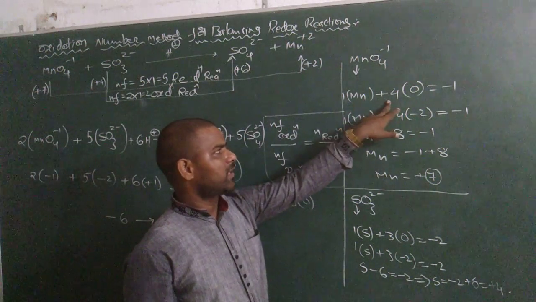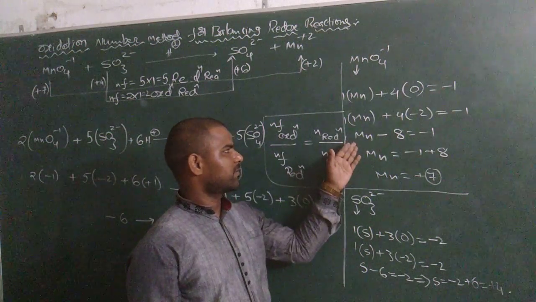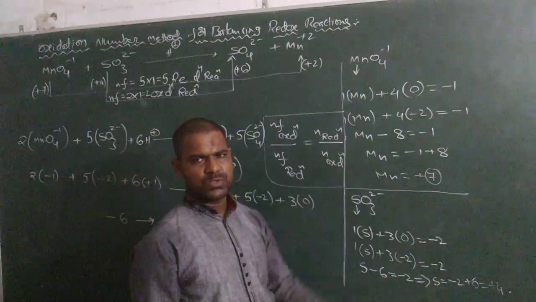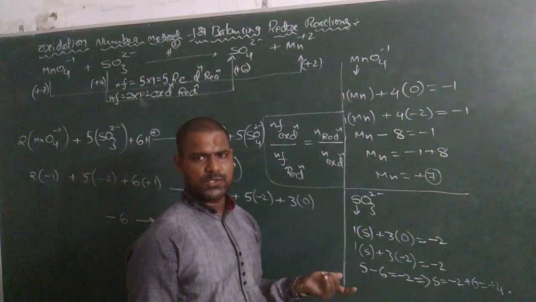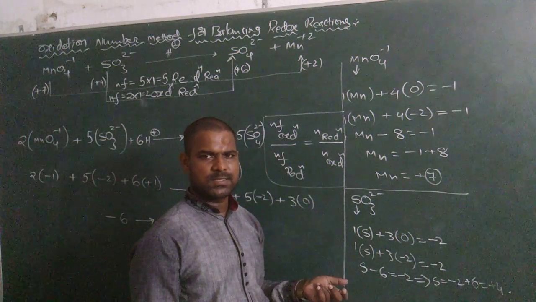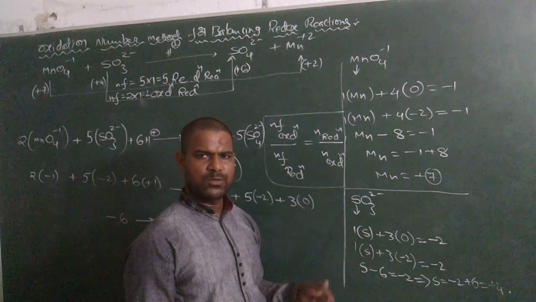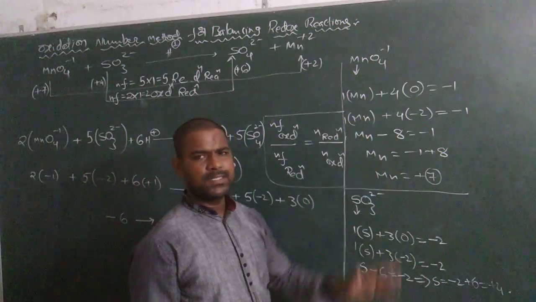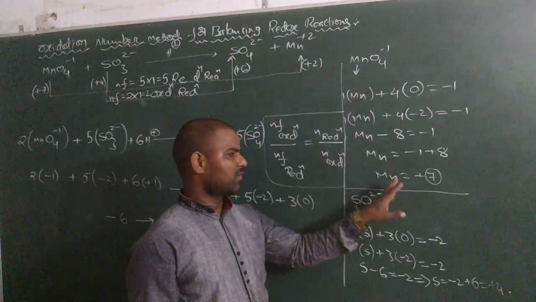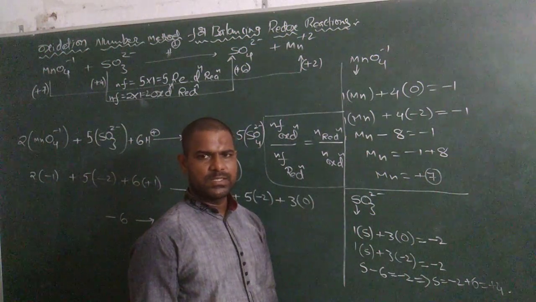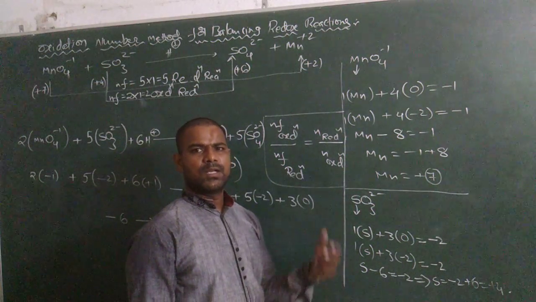So 1 into manganese and 4 into oxygens. The total charge given to us is -1 here. So we can say 1 into manganese plus 4 into -2 charge. We have to know where to take the oxygen charge as -2, where to consider the oxidation state of oxygen in the calculations. When we calculate oxidation states by taking the oxidation state of oxygen as -2, we get the oxidation state of the element. Then we will check it with the Mendeleev periodic table group numbers.